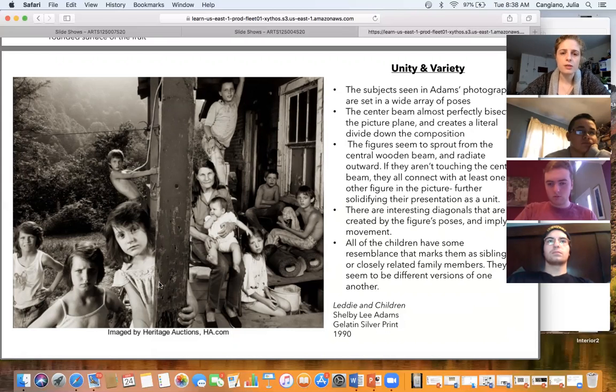Another thing that I noticed is that they all bear some resemblance. There's a familial resemblance in there, so you can read them as a set. They're all wearing fairly similar expressions, and they're all in various states of movement or inaction. But you definitely read them as a set. And then this variable of the center beam dividing the composition straight down the middle is really interesting.